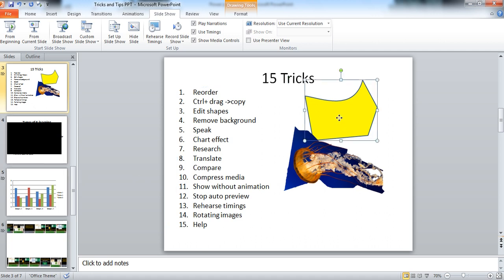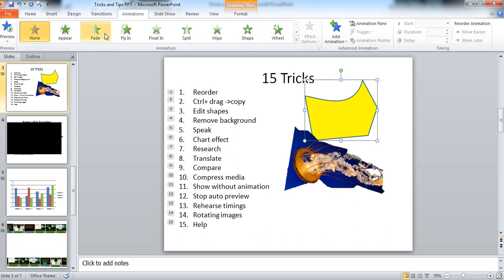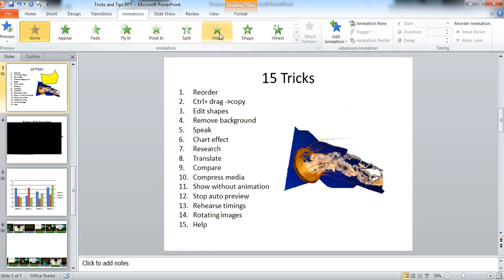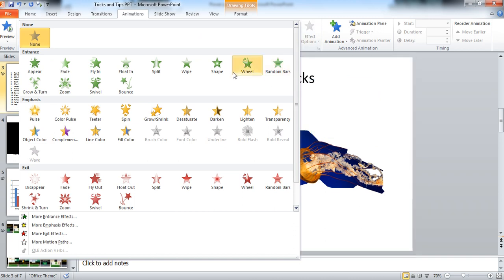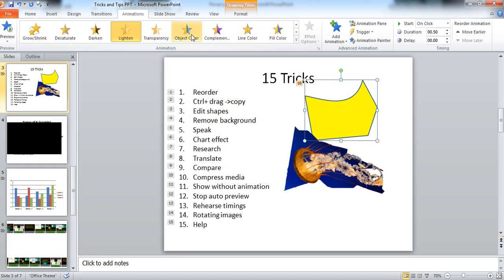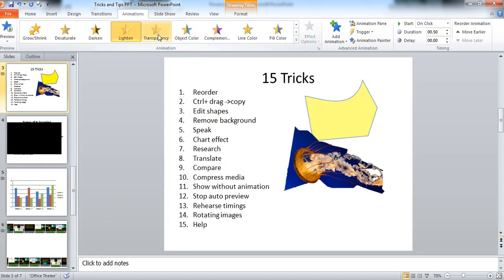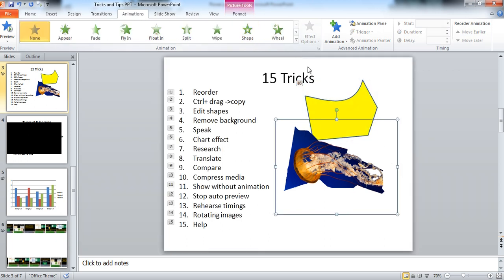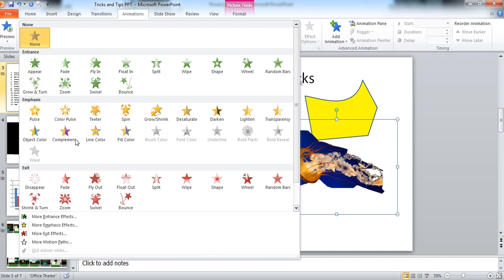When you are using the different animations, suppose I am moving over these different animations, at that time it displays the preview here. Okay. But sometimes it is not necessary to show it every time, because suppose you are applying many different animations.